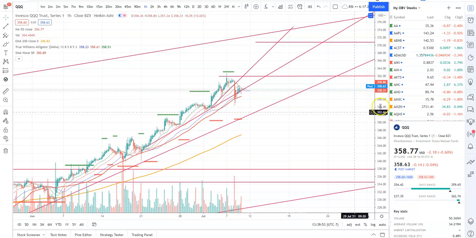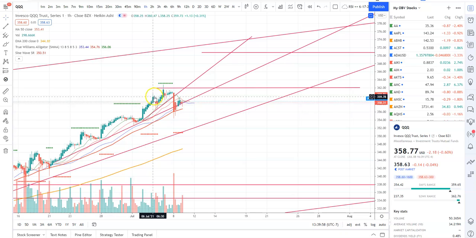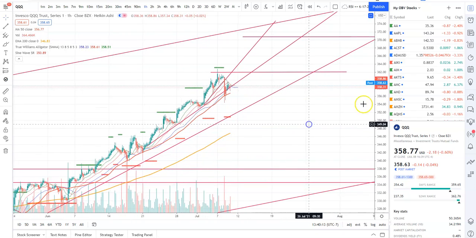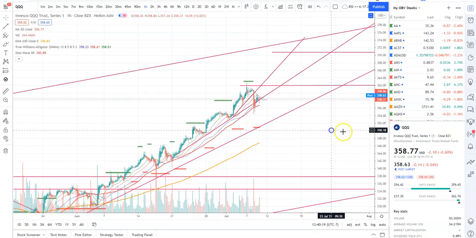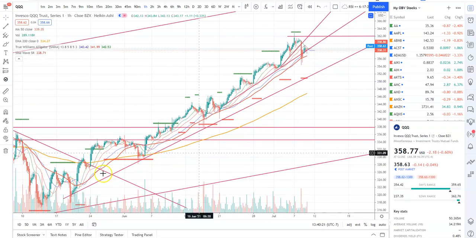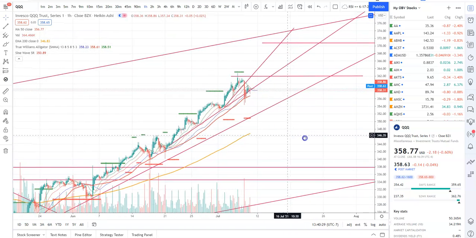So, getting to the QQQ, very, very straightforward. We had a little bit of a rough opening this morning. You can see a nosedive from 360 all the way down to 354 and change, but had a pretty nice recovery through the rest of the day. Everything is still looking really good on the NASDAQ, as it has been for quite some time now, since mid-May or so. All of our key trend lines are still in place.